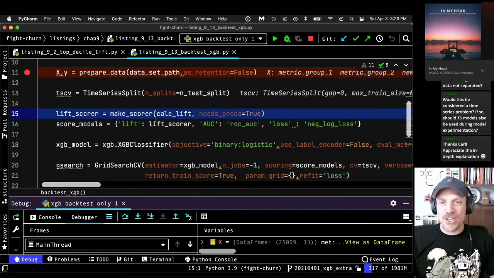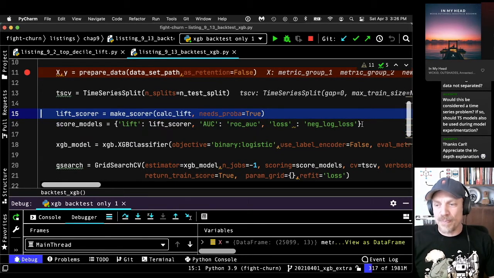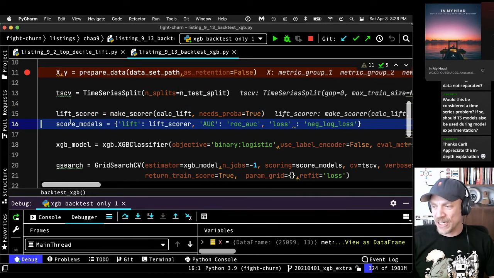Now, I'm going to use the AUC and lift metrics in the testing, and I put them in a dictionary. For lift, it's not a standard accuracy metric, so I use an sklearn function, make_scorer, to wrap my own function in an object.